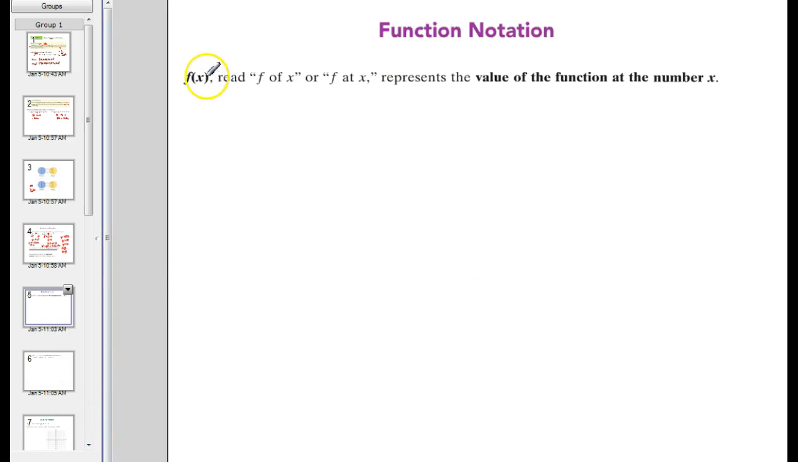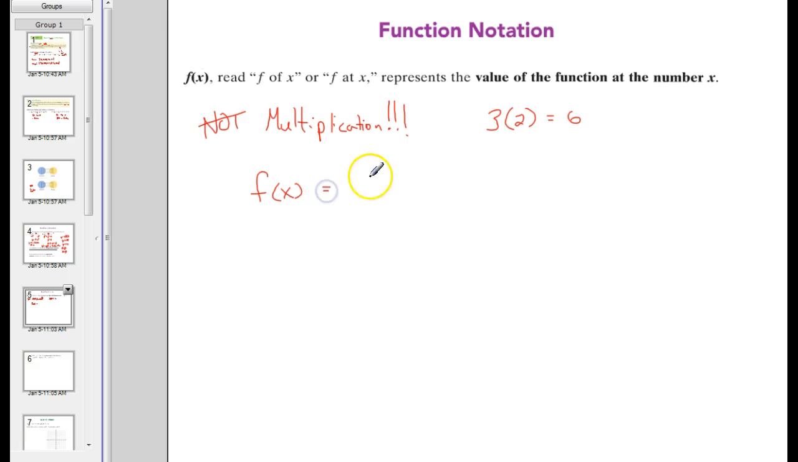Alright, function notation, f of x is the way we read this, f parentheses x. We read it f of x, it's not multiplication, that's the big thing you got to get down. So a lot of people see that parentheses and they think, 3 parentheses 2 equals 6, that's multiplication. That's not what this is. It doesn't mean f times x. What it means is, if I have a notation like this, f of x equals 2x minus 1, it means f is the name of the function,